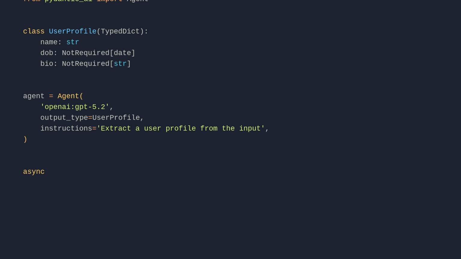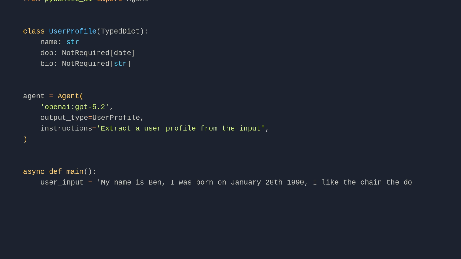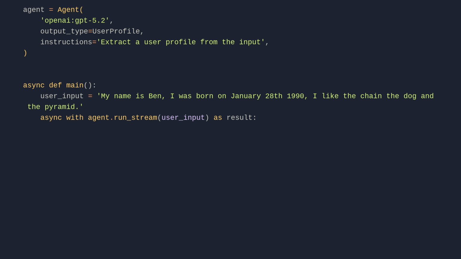Async def main. user_input = 'My name is Ben. I was born on January 28, 1991. I like the chain, the dog, and the pyramid.' Async with agent.run_stream(user_input) as result: async for profile in result.stream_output():